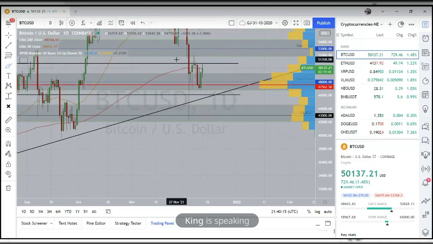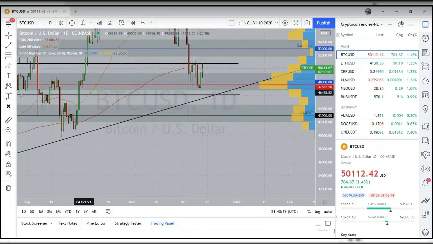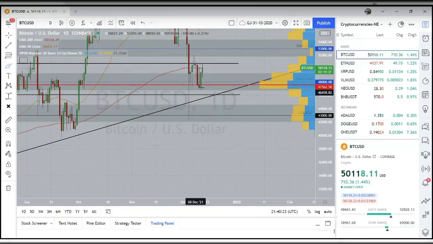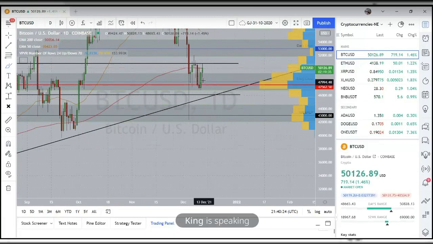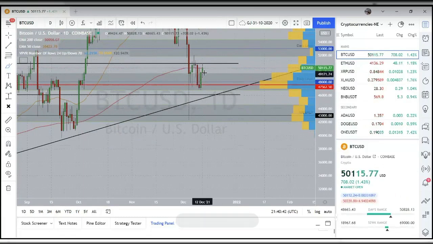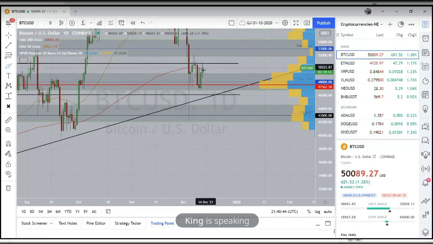I don't know if you're in the trade log, but I did open a trade from around 48. It was originally like 49, but it came back down to 48.4 or 48.3, and I got stopped out. I entered back in at 48.5, and I'm trying to get to 51.5K. But I took half of my profits somewhere around here just because of this 200 EMA, and obviously